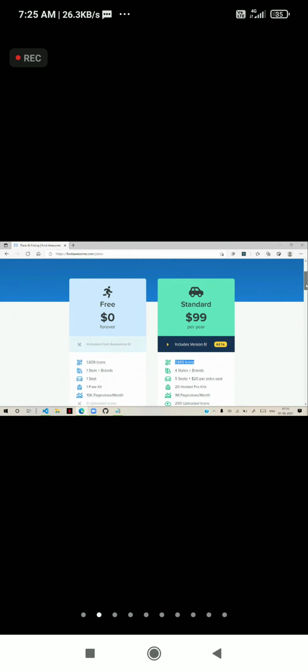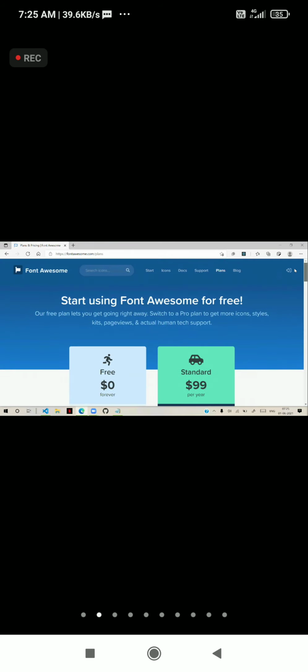Why? Because you have to know the point that in web development, you cannot simply copy the symbols of other people and use them in your website. Copyright issues will come. Then your website will be blocked. On YouTube also you will find this, on websites also you will find this. When you are designing a website, you should not use the symbols and icons of anybody else without copyrights. Copyright issues will come, your website will be blocked. You have to know that.